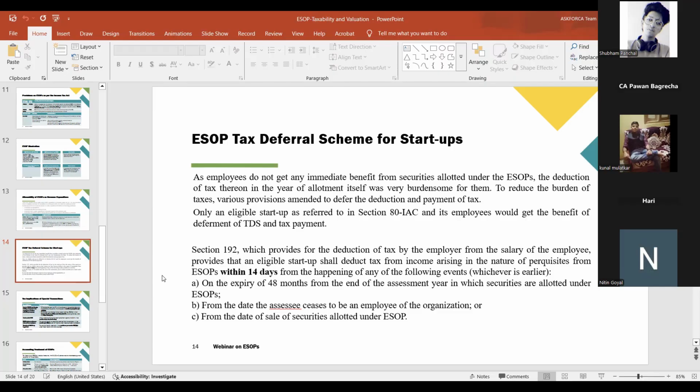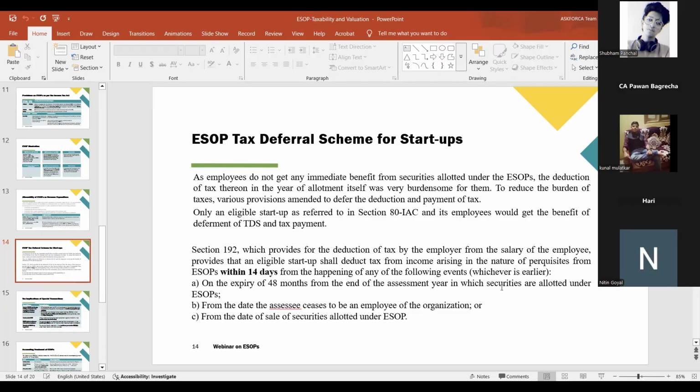So it is difficult to get this certificate. Who the startup is already having this certificate, the company can take the benefit of this. In this case, government has allowed extension by 48 months after getting the exercise period। उसमें ये है कि within 14 days of the happening of any of the below three events, employer have to pay the TDS on the expiry of the 48 months from the end of the assessment year